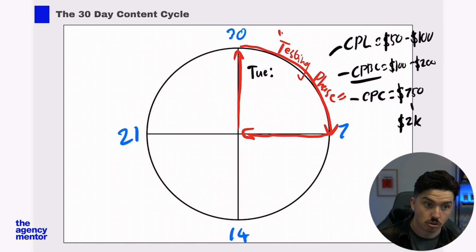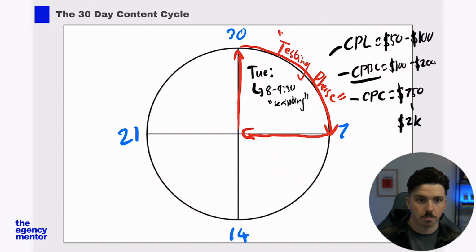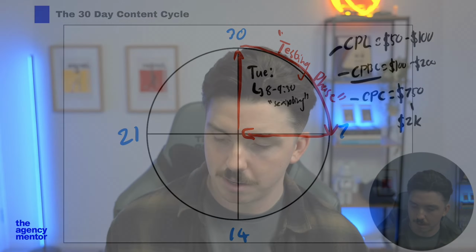From Tuesdays, what I would find myself doing to get into this habit, because we want to be habitual with our creative testing, is I would go from Tuesday 8 to 9:30 and do scripting. And I used to love, man, when my ads would show up on my feed and I would see them and I'd be like, oh my goodness, that's so cringe, dude. You look like an idiot. And that did not sound like how I wanted it to. I'm going to go back and rewrite the script,